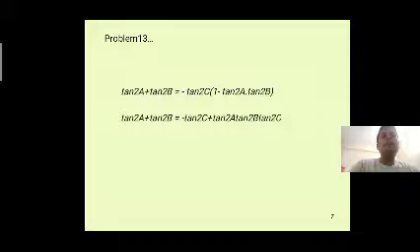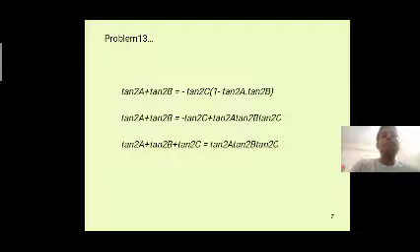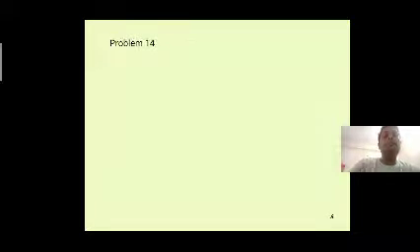The next step, we write tan 2A plus tan 2B equals, we can do the multiplication, minus tan 2C plus tan 2A into tan 2B into tan 2C. Now we write tan 2A plus tan 2B plus tan 2C. The minus tan 2C written on the left side gives a positive value, that is tan 2C equals tan 2A into tan 2B into tan 2C. Hence proved. Now we go to the next problem.